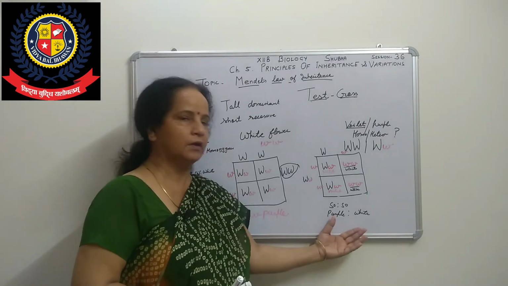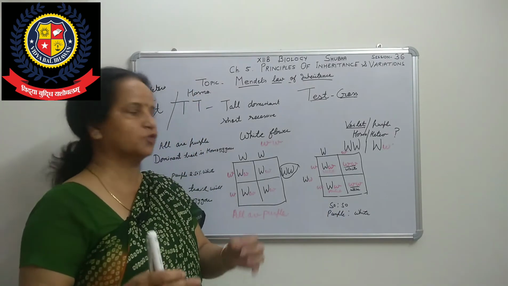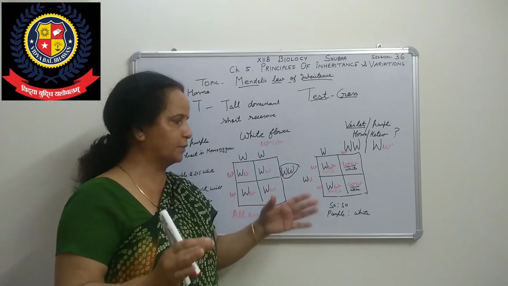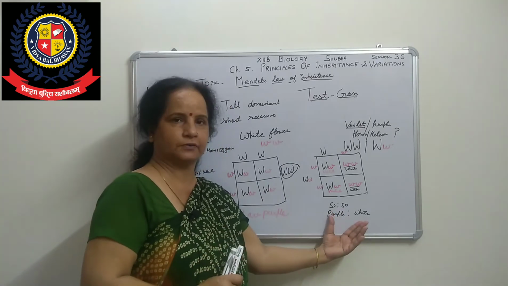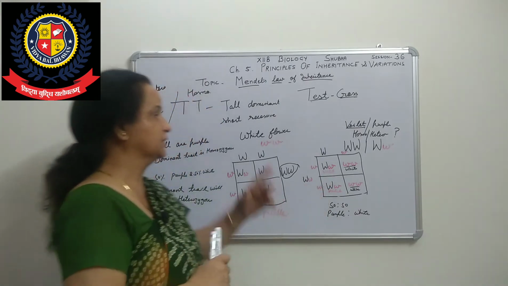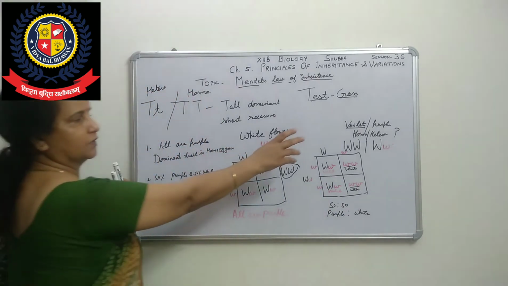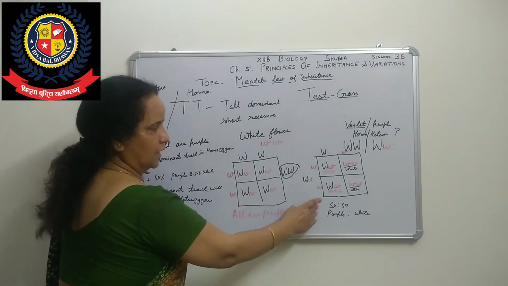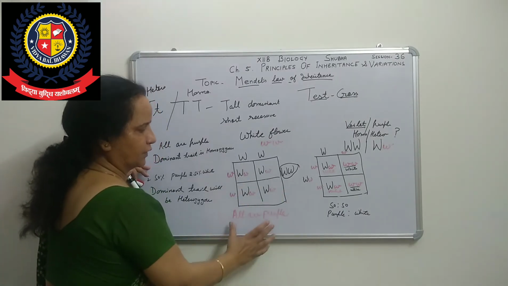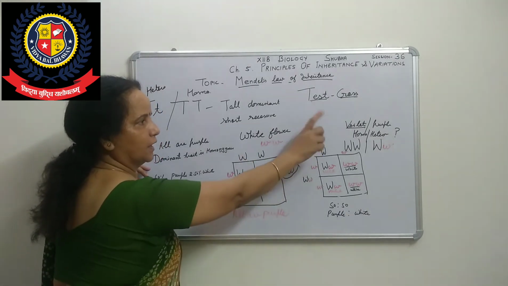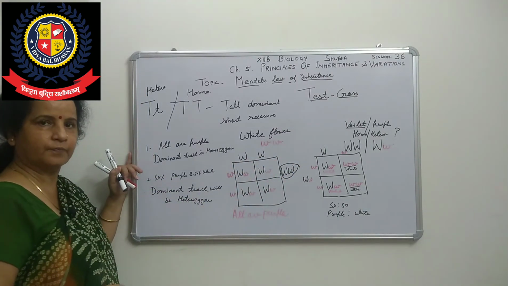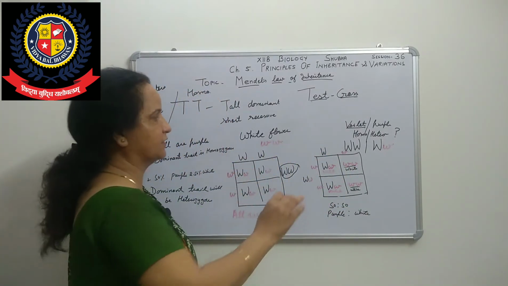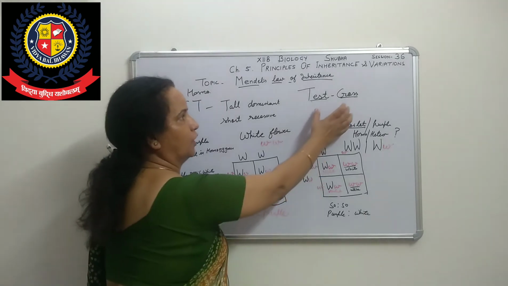But when we get some purple and some white, with both numbers approximately the same, meaning purple and white in an equal 50-50 ratio, then after this cross we can say that the dominant trait will be heterozygous, which we show by doing this cross. If all are purple, we are 100% sure that the dominant trait is homozygous. When we see 50-50, then it is heterozygous. Such a cross is called a test cross.